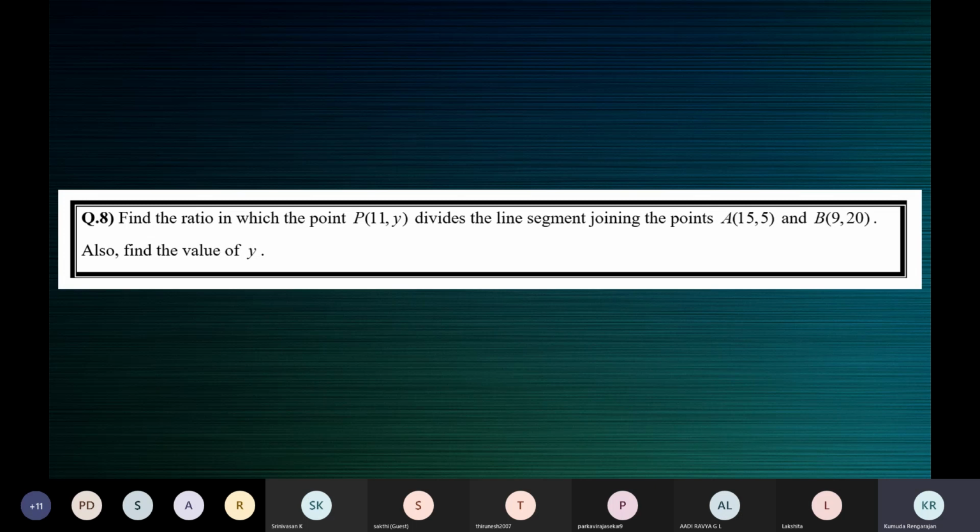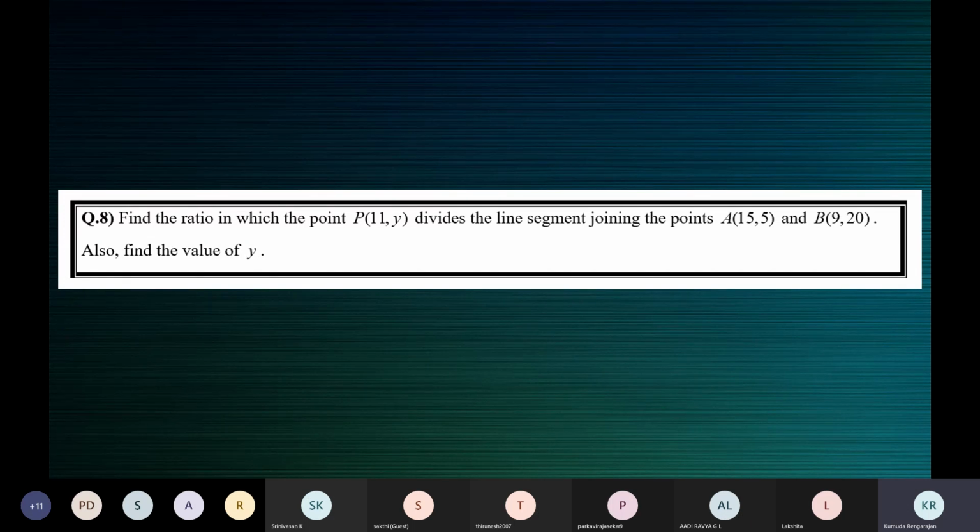You can assume the ratio is k is to 1, or you can just use m and n itself. You can try it now. Use m and n. You'll have to solve for m. For example, supposing you get 6m is equal to 5n. When you go with the ratio m is to n, at the end of the working you'll get, say, 6m is equal to 5n. So you should find m by n from that.